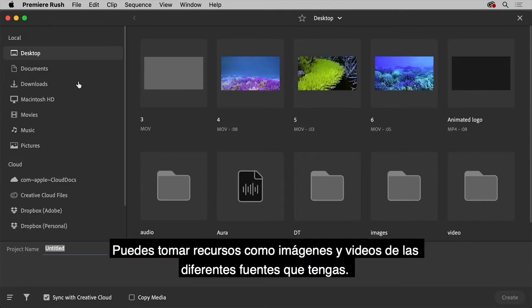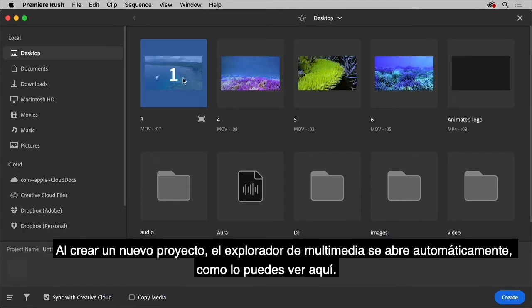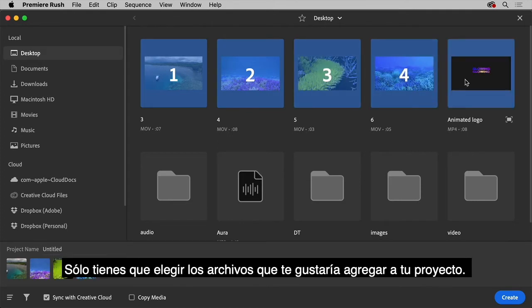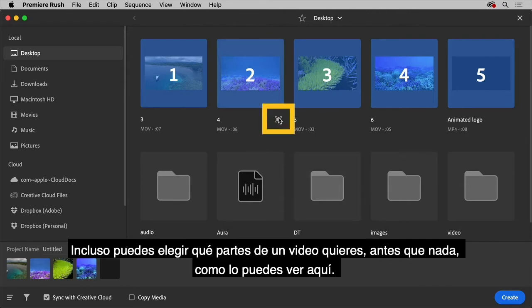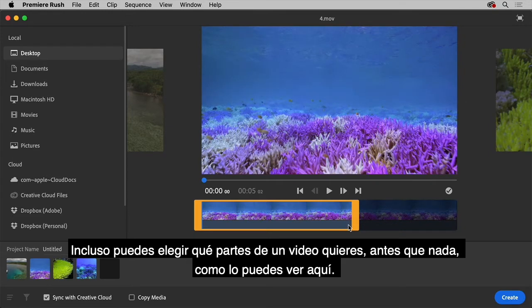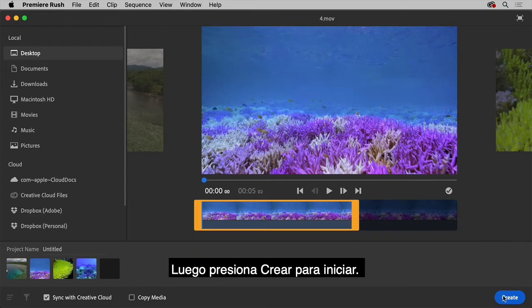You can include assets like imagery and video from different sources you have. Now, when you create a new project, Media Browser opens automatically, which you see here. You just need to select the media you want from different sources you'd like to add to your project. You can even decide what parts of each video you want beforehand, like you see here, and then click Create